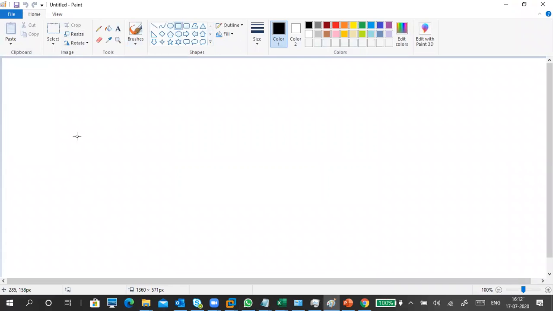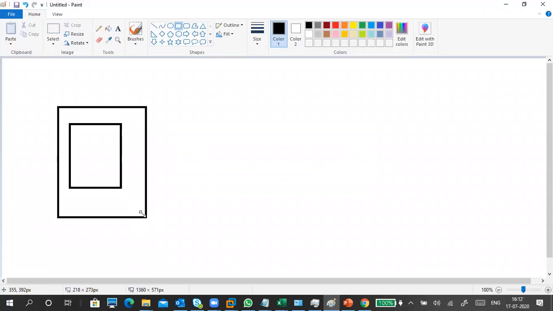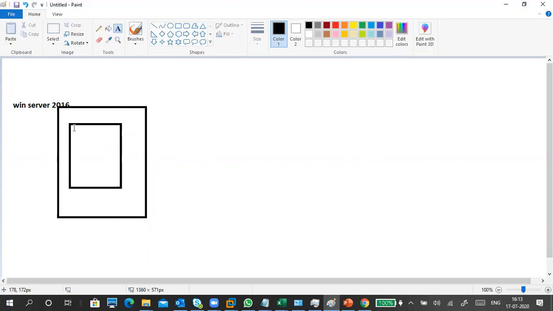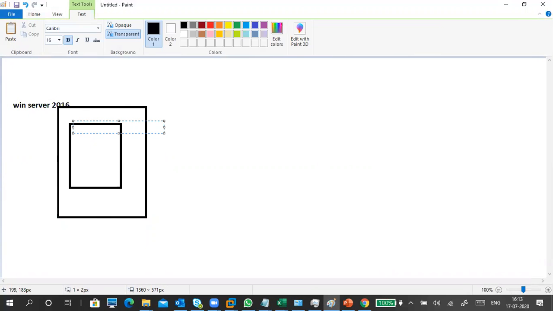Okay, so you have a server, and this is my server manager. This is server manager, and this is the server. Server is an operating system, right? So I install Windows Server 2016, Datacenter. But what is this server manager?